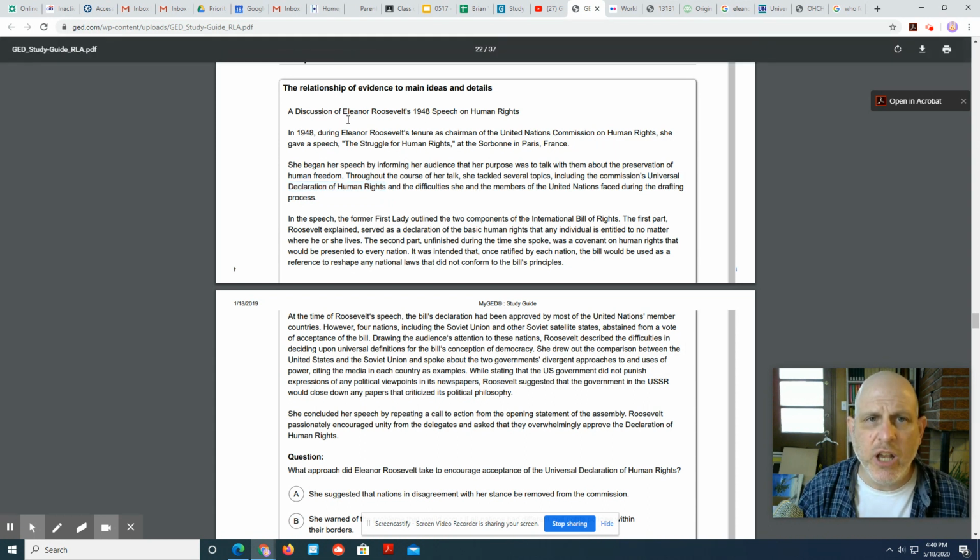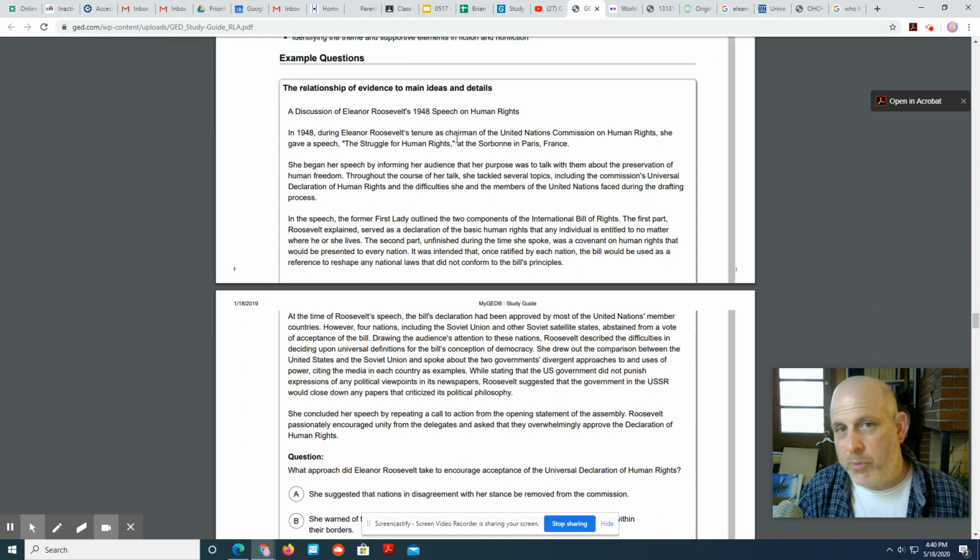A discussion of Eleanor Roosevelt's 1948 speech on human rights. In 1948, during Eleanor Roosevelt's tenure, the time that she was chairman, it's really chairperson, of the United Nations Commission on Human Rights, she gave a speech. It was called The Struggle for Human Rights, at the Sorbonne in Paris, France, a famous school. She began her speech by informing her audience that her purpose was to talk with them about the preservation of